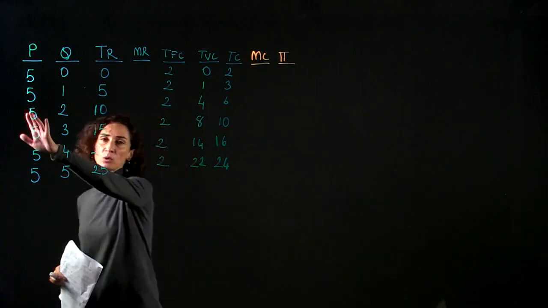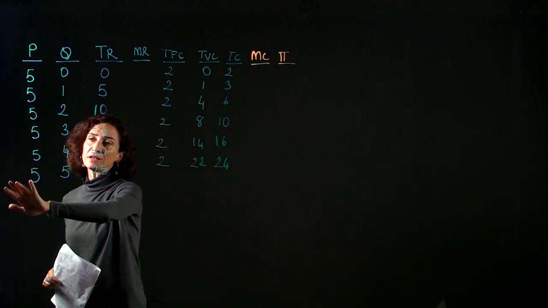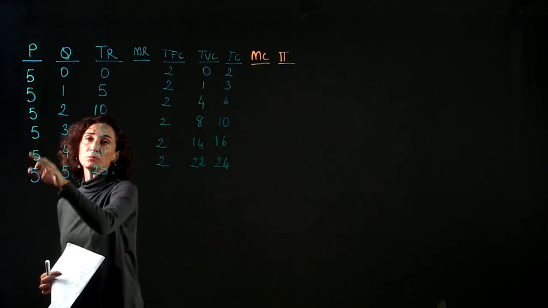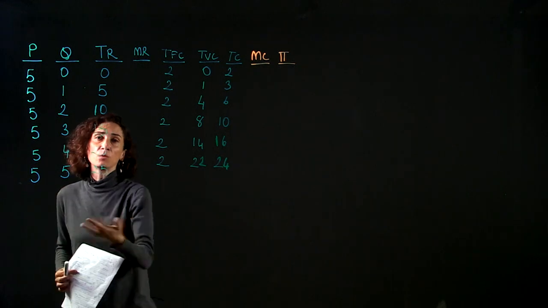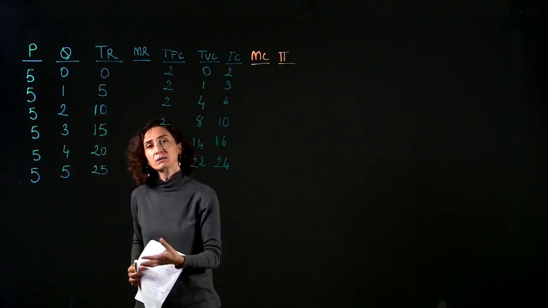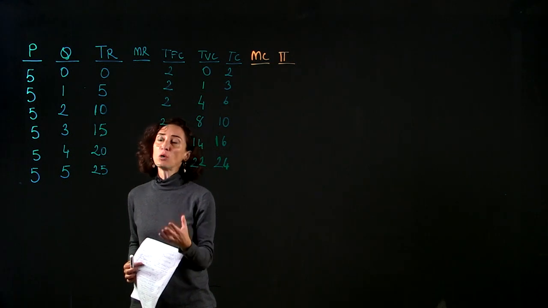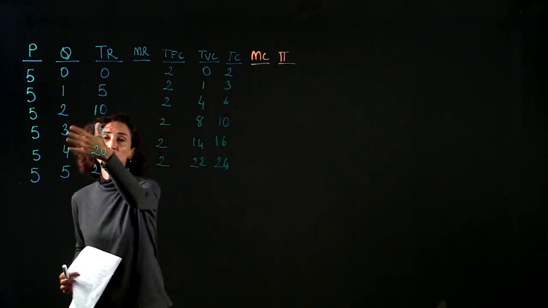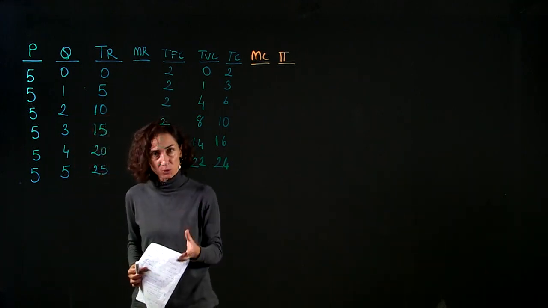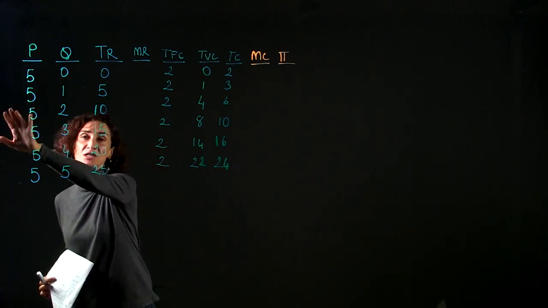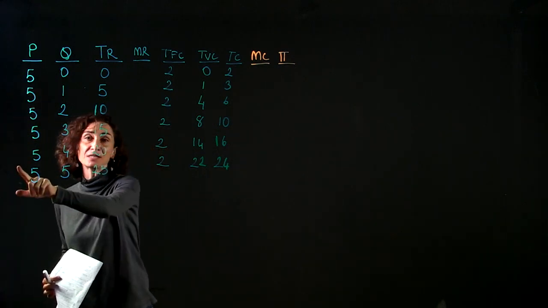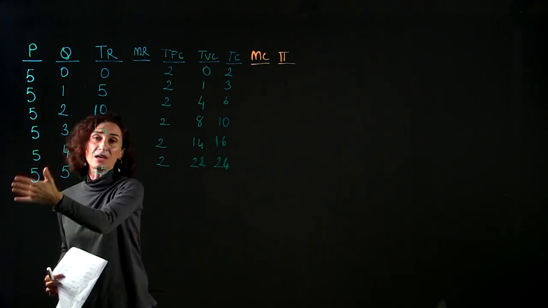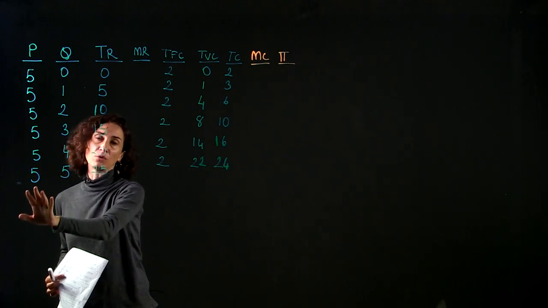Now, the price of the good, as we said, firms in perfectly competitive markets are price takers. So here on this column, we have 5. You might ask, where does this 5 come from? From the market demand and supply. So a firm can sell 2, 3, or whatever quantity it prefers to sell at this price. It has no effect on the price. That's why we have the same number here. This is representing the perfectly elastic demand curve for the firm.